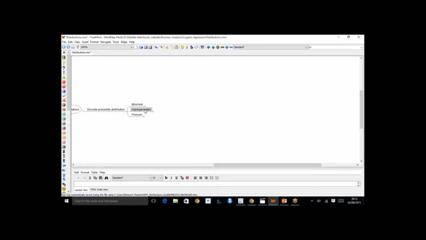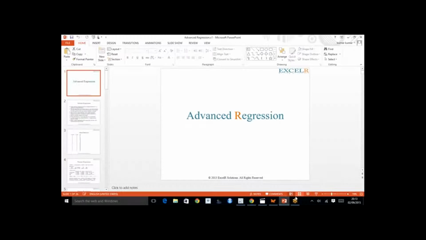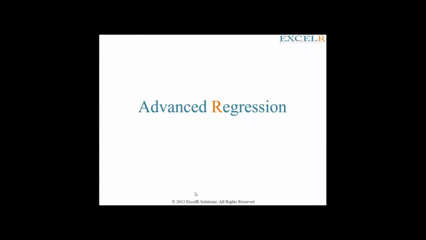Then we have hypergeometric distribution. A quick explanation of this, because we'll not be spending a lot of time on this. So I'll quickly run through this. It gives a probability of obtaining elements if those elements are chosen at random without replacement. So if you're going to look into with replacement, then we end up using binomial distribution. So let me go to the PowerPoint presentation and quickly explain that, because